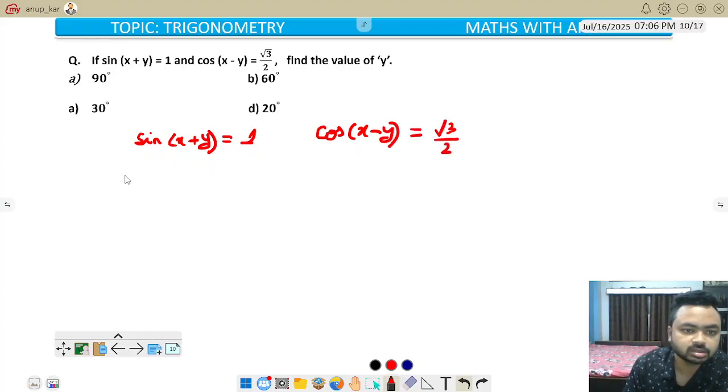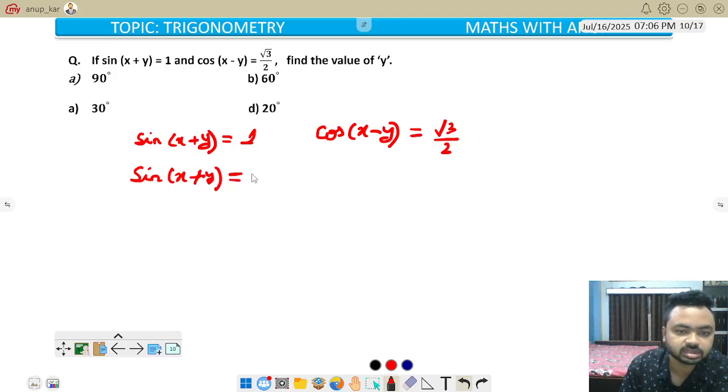Okay, so we know that we have to make the left hand side and the right hand side equivalent. How to make it equivalent? We know that sine 90 degree equals 1. So we can write it as sine of x plus y, and we have to express the right side also in terms of sine angle, so it will be sine of 90 degree, and here